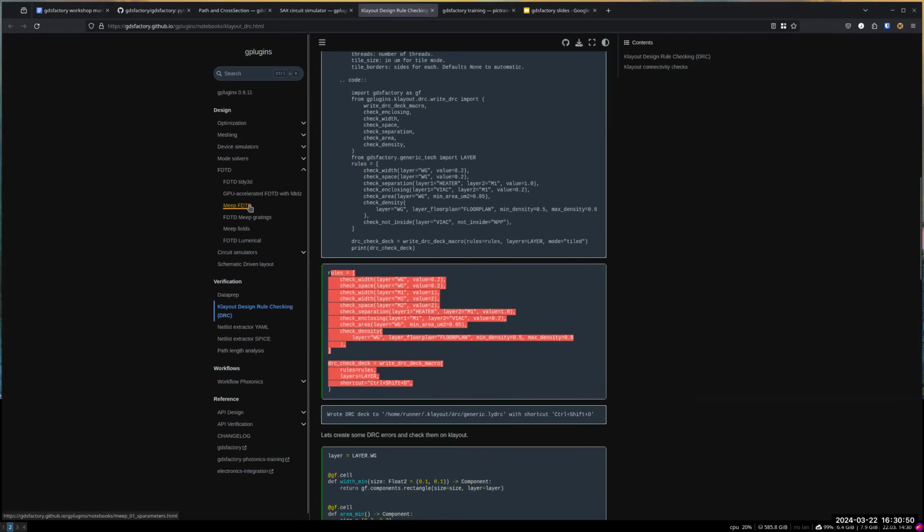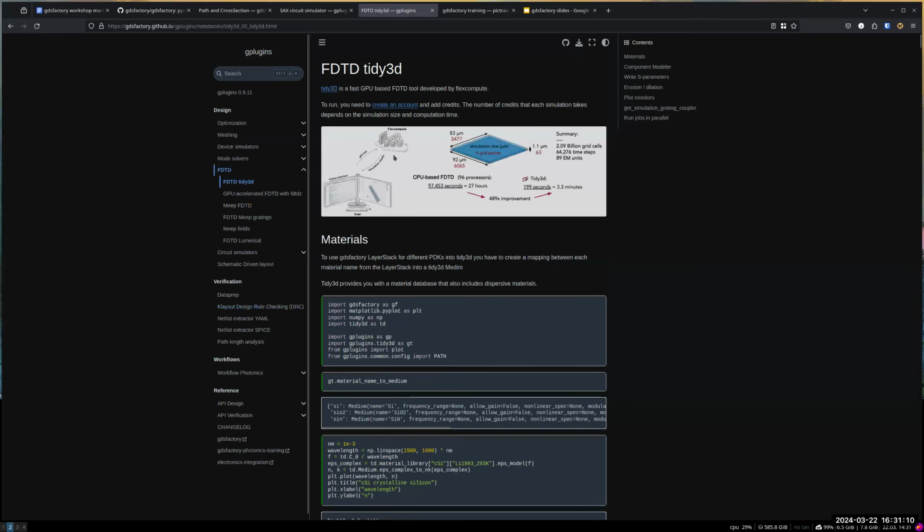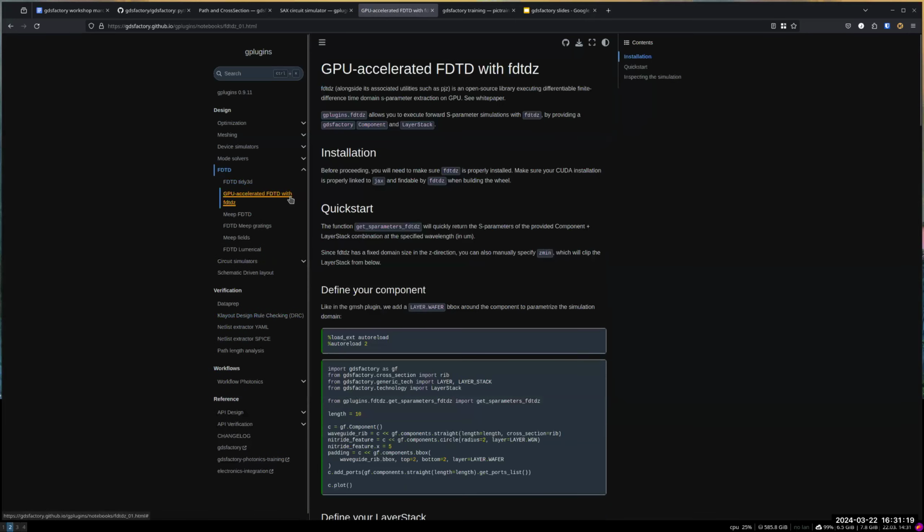Yeah, I mean, as far as I know, Tidy3D is not open source. The open source ones like FDTDZ or MEEP could easily run on Colab because you can pip install them, and Tidy3D could run on Colab too because it's Python based, and the way it works is that you just buy credits and they will run it for you. So as long as you have credits and you have your key to send them the simulation, it will still work. For FDTDZ, which is the open source library that I can also show, if you go to the FDTDZ website, they have a Colab example, but